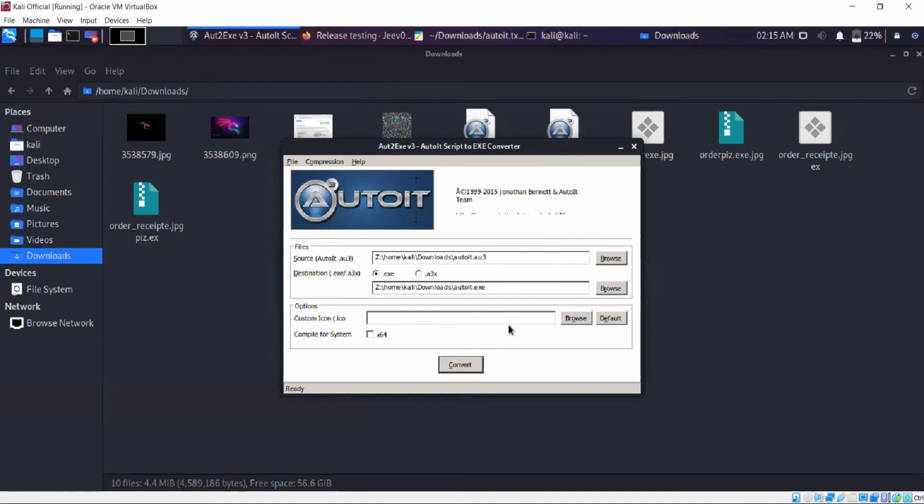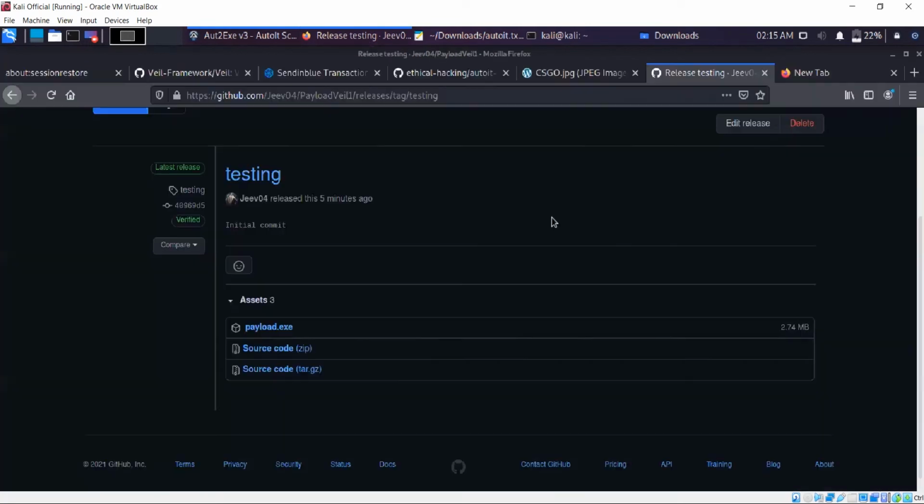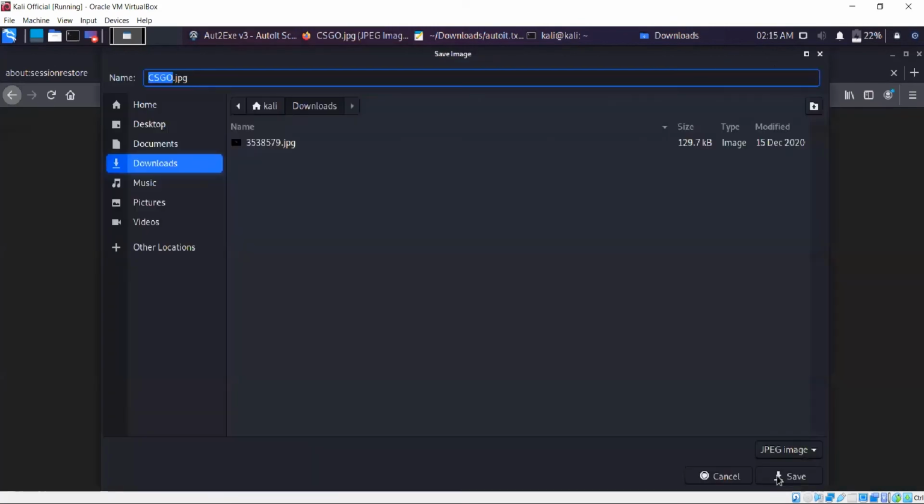Now, because you'll be sending this to a person, you want it to really seem like an image. So Windows shows the preview of an image. What you should do, which I'm not going to do right now, is take the image you just put in that file, save this image to downloads.